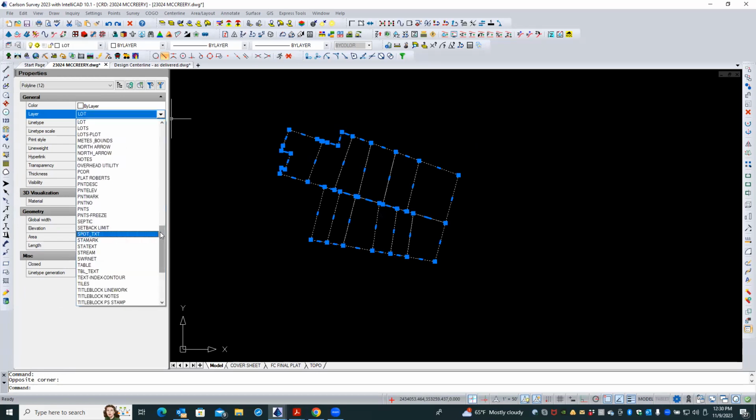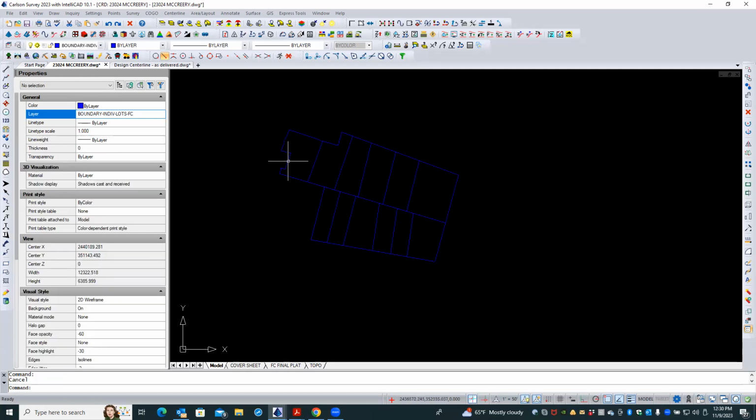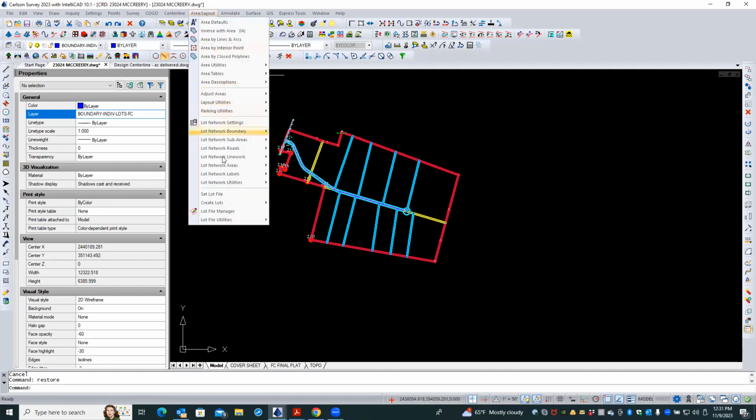Where does boundary individual lots, family conveyance? Why it doesn't give us, when we go to draw those,